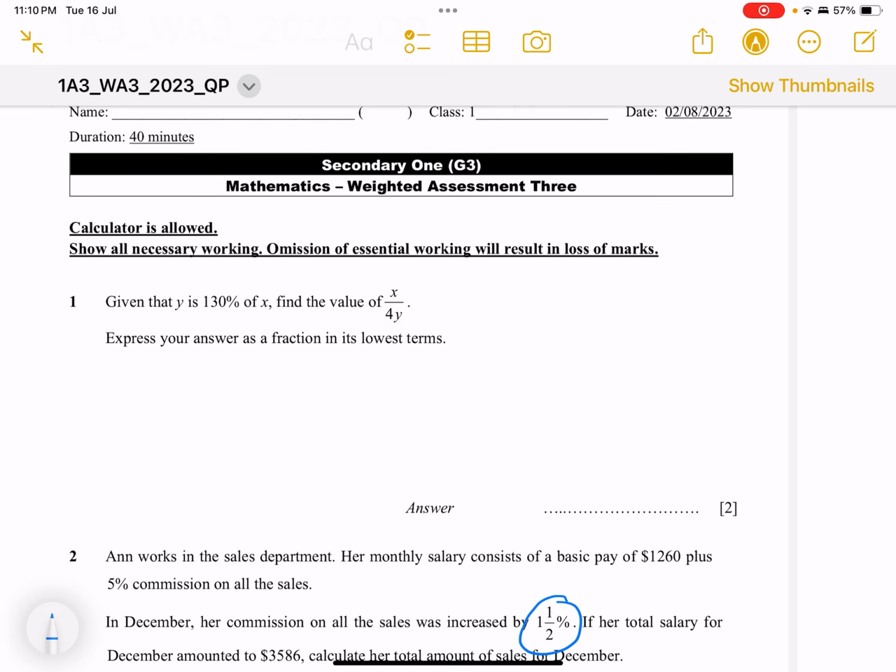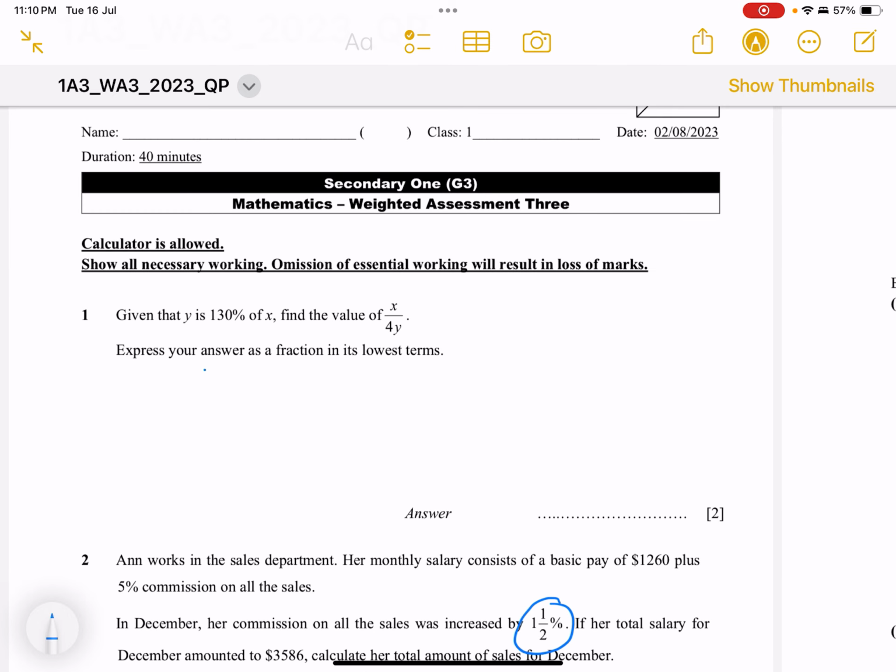2023 Sec 1G3 WA3. In the first question, we are given that y is 130% of x. That is, y equals 130 over 100 x. And what we are supposed to do is to find the value of x over 4y. So x over 4y